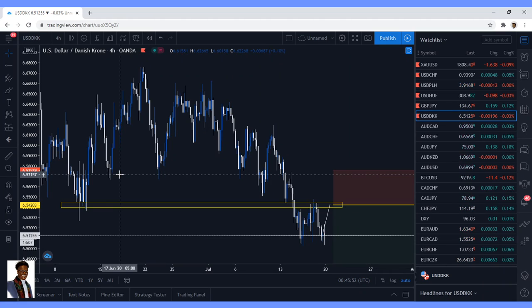All right, so those are the pairs I'm looking at going into this week. I hope you guys got something out of this as well as appreciate the simplicity as well as accuracy of my